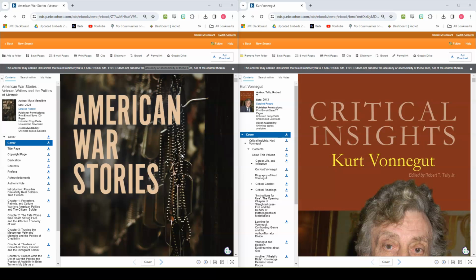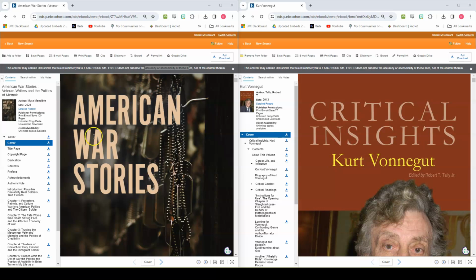Now, very rarely will you need to cite a whole book unless you are writing about a whole novel, for example, or unless you read a whole book and that's the basis of the research. More often, you will be citing a part of that book, a chapter, a story, an article, whatever it might be. So I have two examples pulled up here, and these are going to appear very similar when you are looking at the surface level. However, you would cite these quite differently because they are different types of sources.